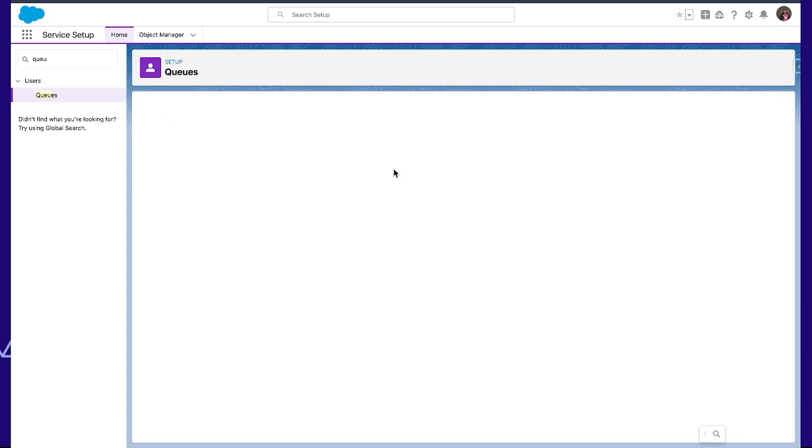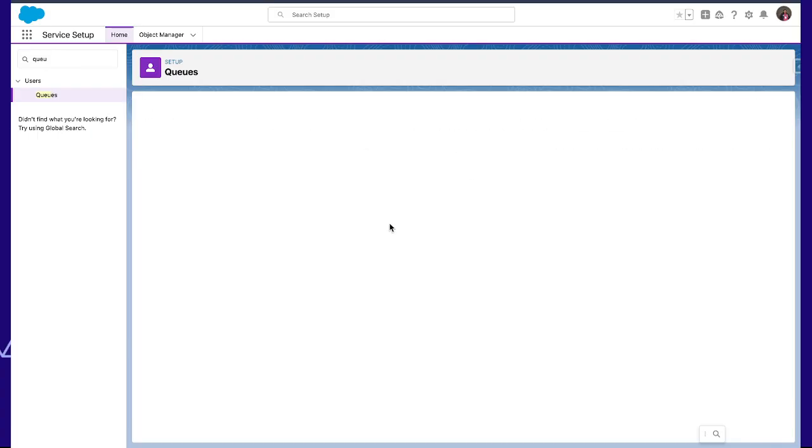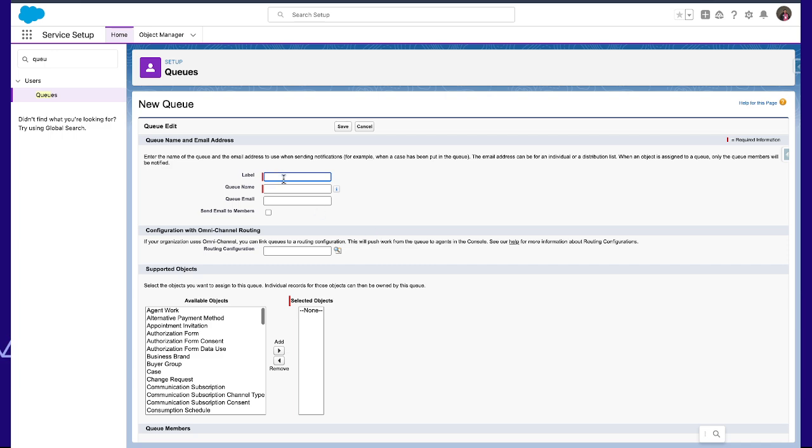So we will create a new queue called test routing queue, and then select a routing configuration.